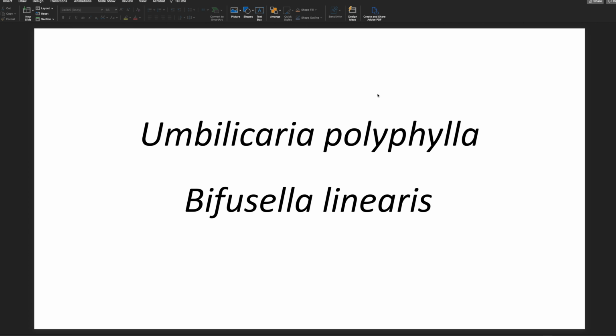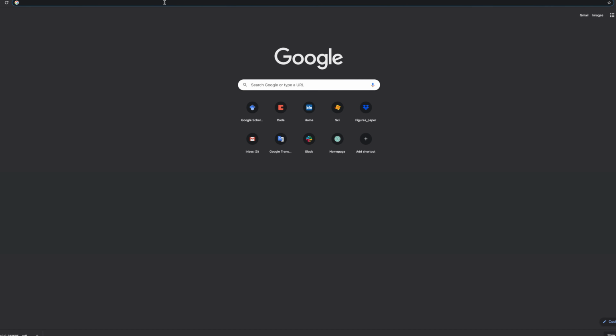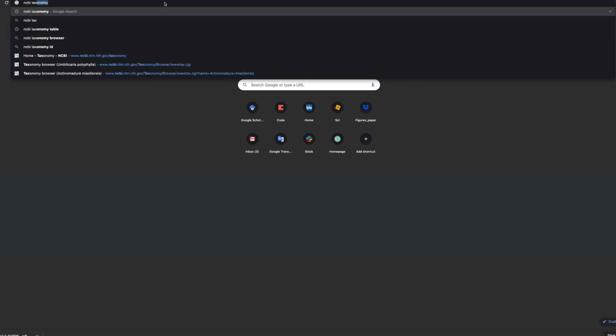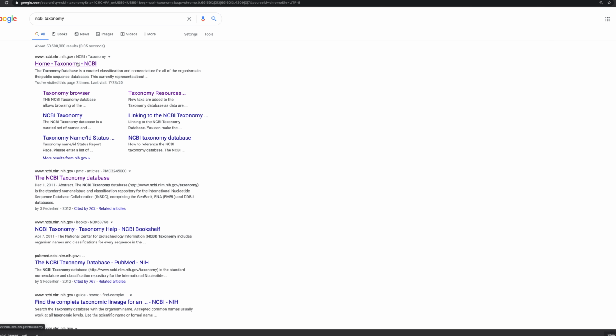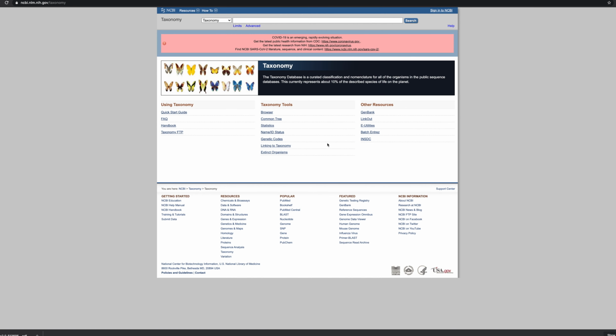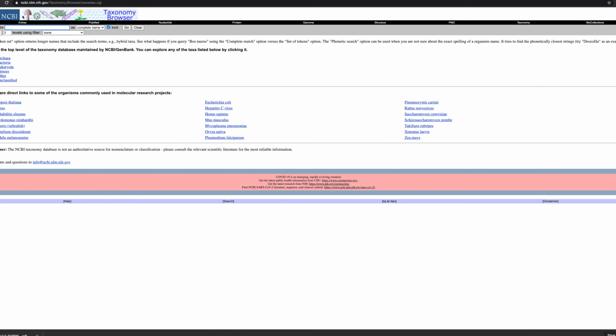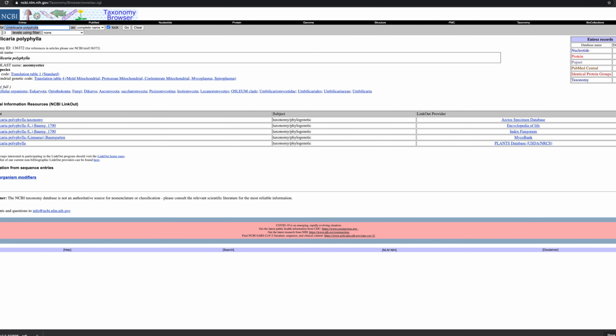So to do this, I will go to NCBI Taxonomy. I'll write NCBI Taxonomy, and I select the first option, and then I select browser. Then you will paste your species right here. You will see that some information will come up, and right here we see the lineage, which in fact is